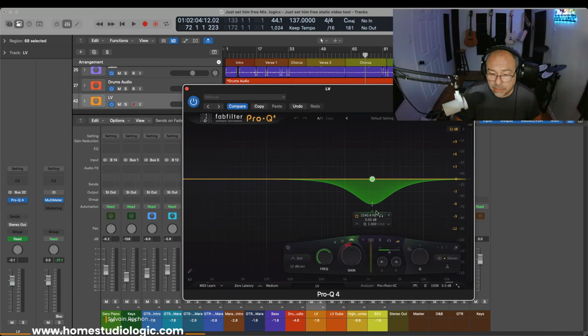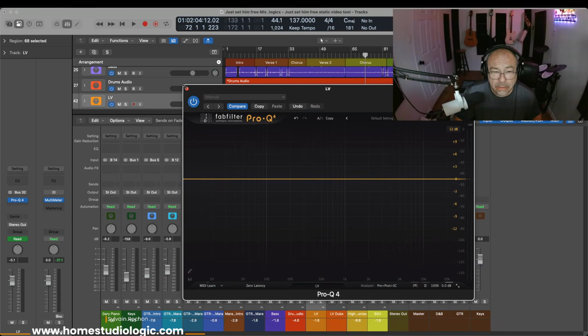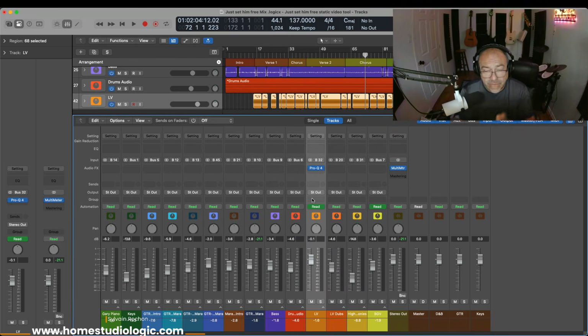Now, we all know that on vocals, we have a very important problem that we need to deal with, which is sibilance. And yes, you can use a de-esser for sure, but you can also use a dynamic EQ to tame the sibilants down. Now, as you know, well, maybe you don't know, but normally I would use a de-esser